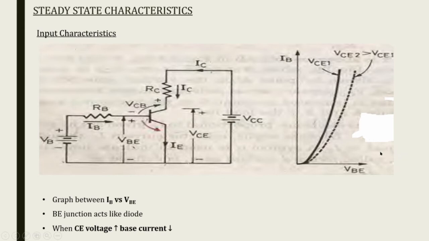So here, when the collector emitter voltage increases, you can see the base current IB is reducing. That is, for a collector emitter voltage VCE1, this is the graph, this thick line, and for a collector emitter voltage VCE2, where VCE2 is greater than VCE1,